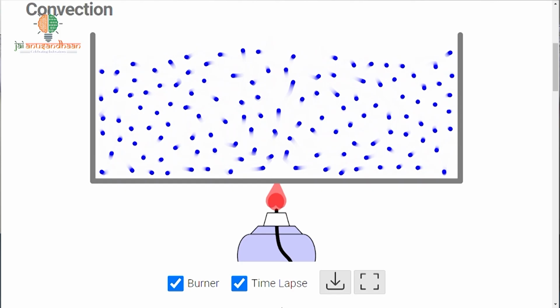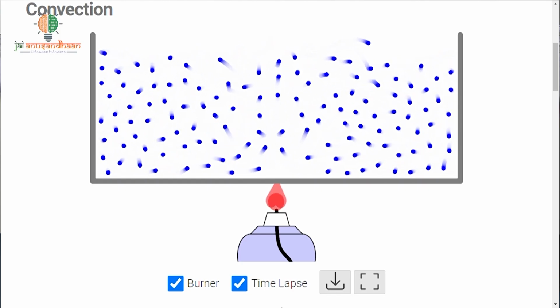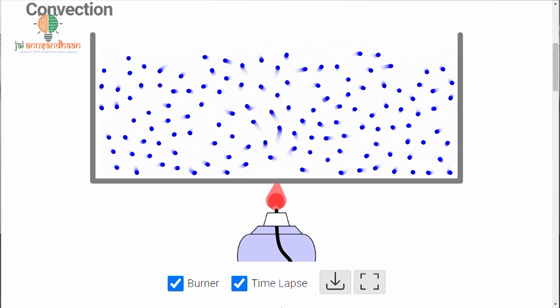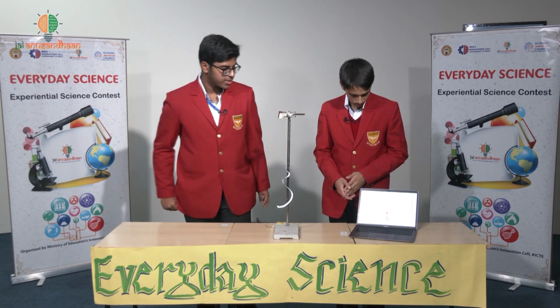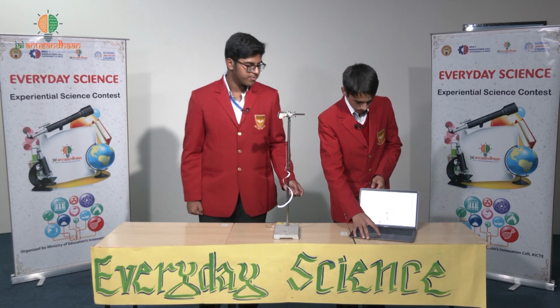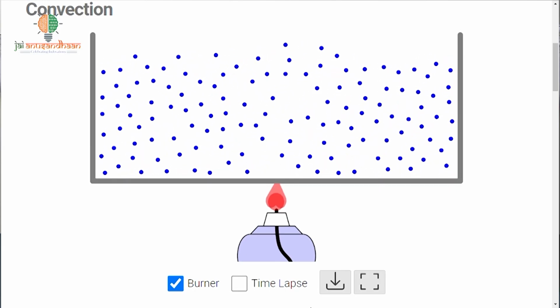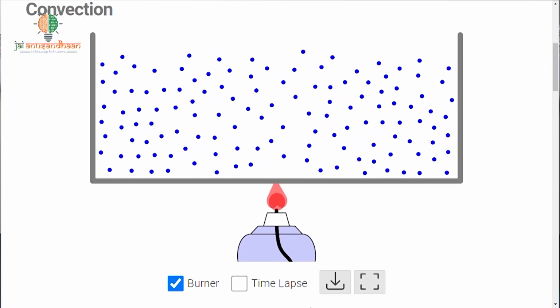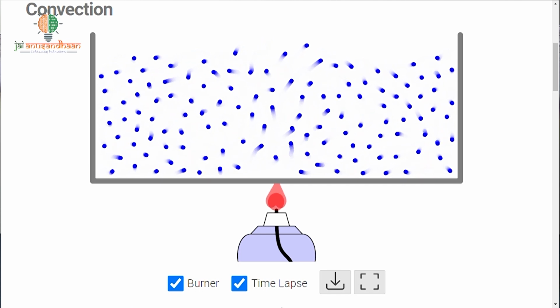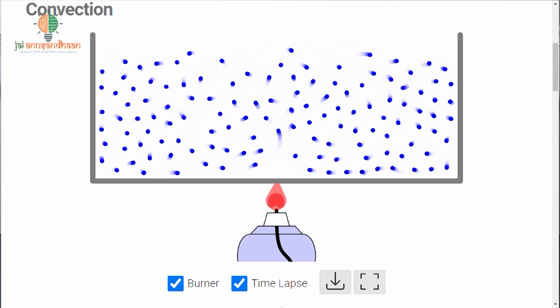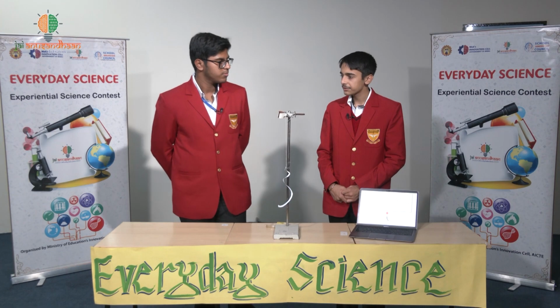But what confuses me is how are the particles transferring energy from one to the other? So I believe that as the heat source heats up the molecules, they start vibrating with greater intensity, which leads to them colliding with each other more frequently and increasing the total energy of the particles, which causes them to rise up. That makes sense.